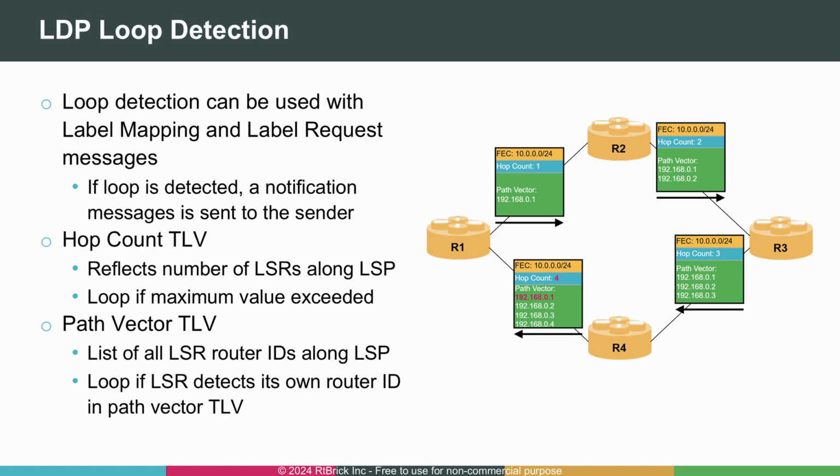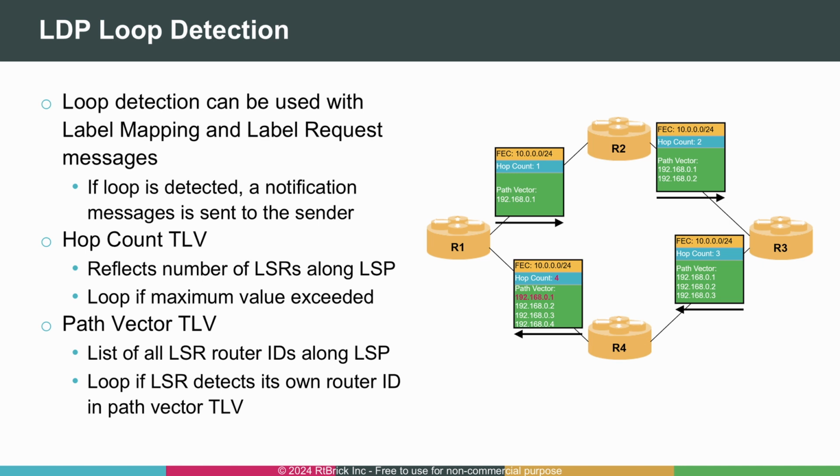A more robust control plane mechanism is the path vector TLV, which functions like a path history. Each LSR adds its LSR ID to the path vector in the label mapping or label request message. If an LSR receives a label mapping that already contains its own LSR ID, it identifies a loop. Using the same example,